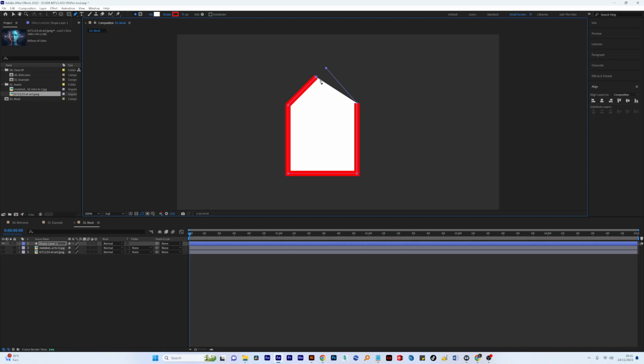Let me put the point over here. Okay, so this is the house that we have. If you want to mask the house and you want to use the pen tool again, this is what happens. If you click on the house, you're going to see